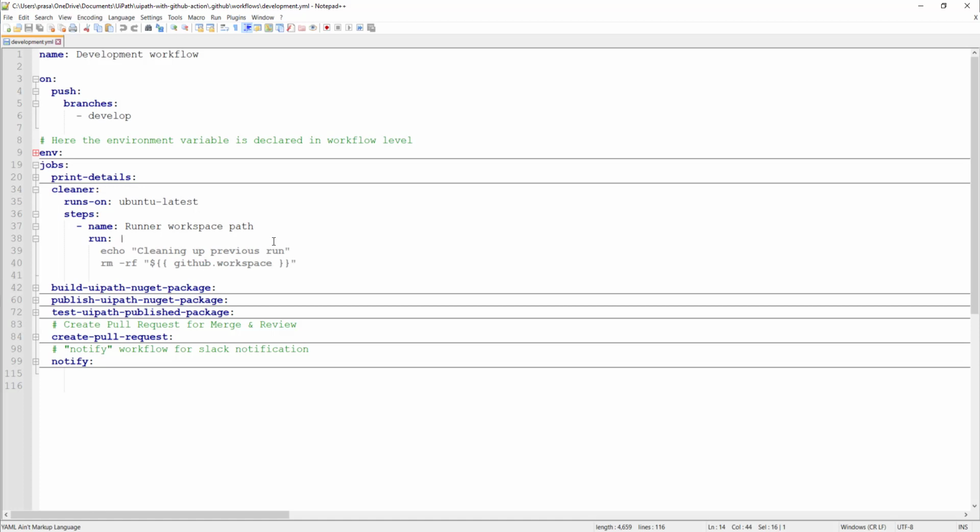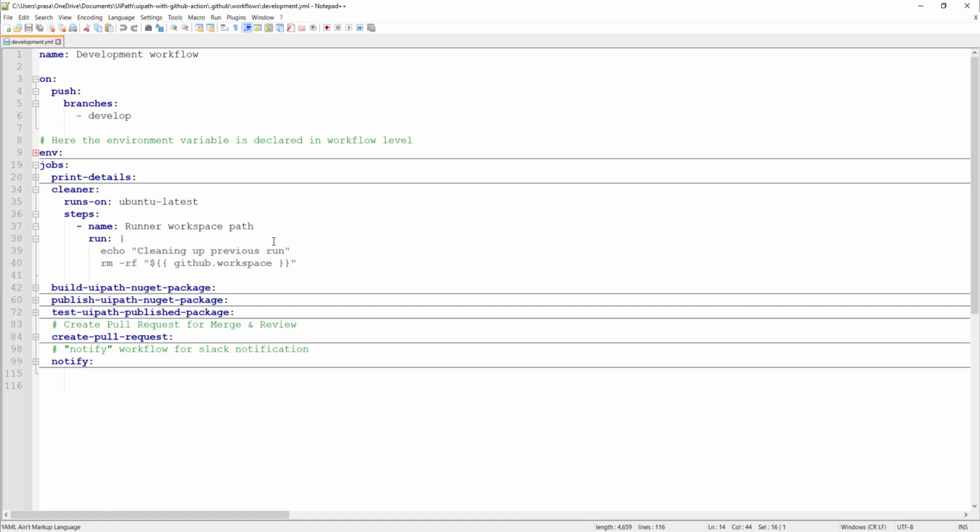I have faced this issue, when you have a NuGet package file which has been previously built by a different workflow and is still there, and then your workflow is complaining there are multiple NuGet packages which have to be uploaded, right? So for the sake of simplicity, we are cleaning everything inside that GitHub workspace folder.